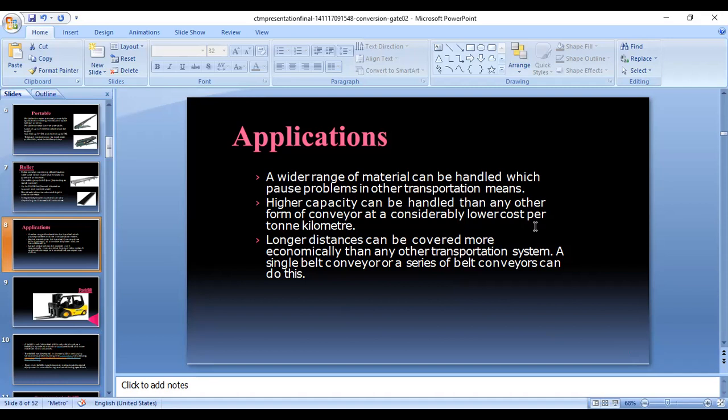If the material is to be transferred over a smaller area, a single belt conveyor can be useful, and these conveyors can extend the distance. The raw materials traveling on the belt conveyors can be carried to the other side of the site. So we can add a number of belt conveyors one after another, so that they act like transportation equipment which can transport raw materials most economically and most easily from one part of the site to the other side of the site.